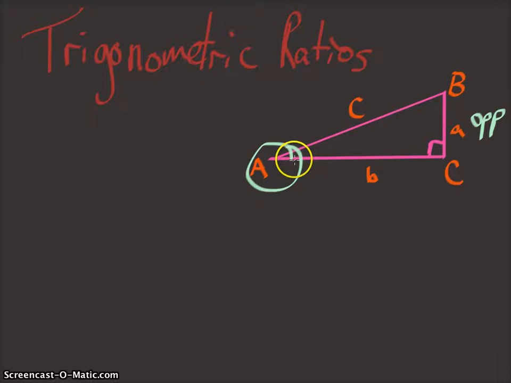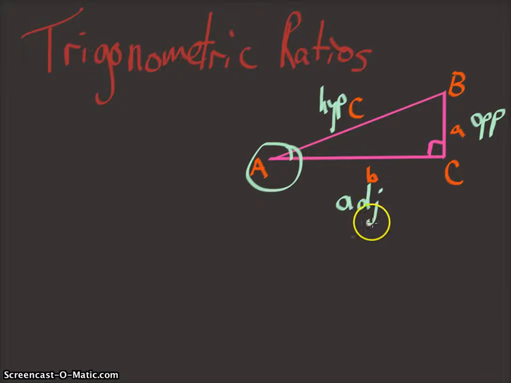Okay, now adjacent is a word that means next to, and this side B is going to be the adjacent side. Now you might say side C is also adjacent, but side C is our hypotenuse, and it will always stay the same. So I'm going to write HYP, short for hypotenuse, and of course ADJ down here was